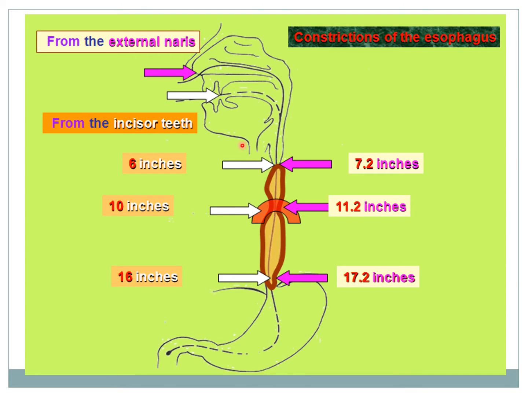Why should we know about the esophageal constrictions? In any difficulty swallowing a food bolus, there may be insertion of a Ryle's tube into the stomach for nutrition, and liquid can be dropped into the tube. During insertion of the tube, from the incisor teeth at 6 inches is the first constriction, then at the arch of the aorta at 10 inches is the second constriction, and this one is the third constriction. From the external nares, there are likewise three esophageal constrictions, the last at the cardiac end of the esophagus.